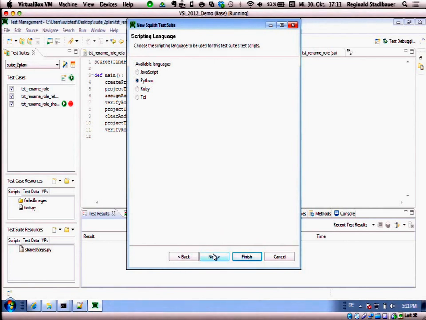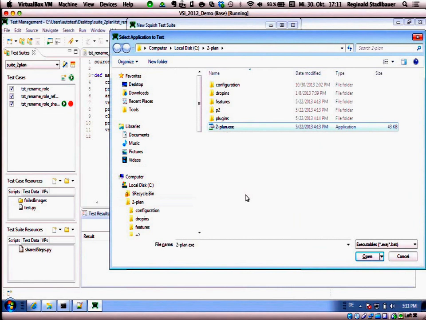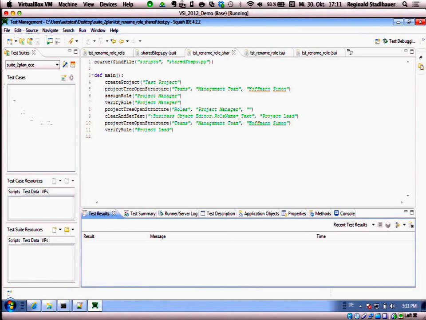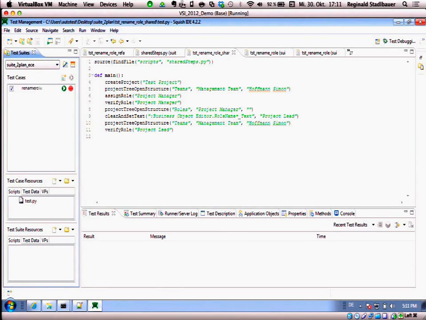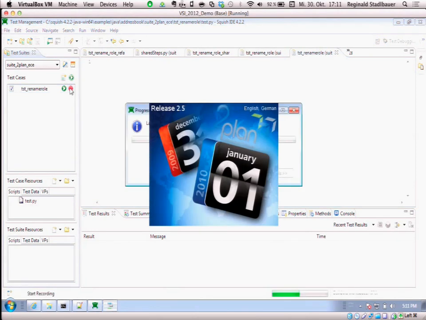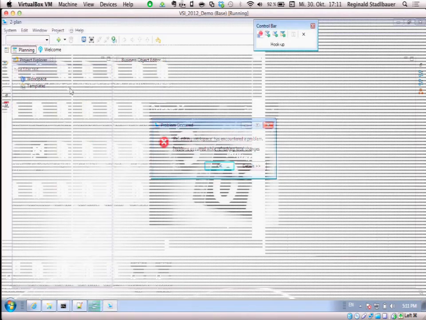To plan. Then I want to do a Java test, which supports all kinds of different Java UI technologies, including RCP. Then I can choose between different script languages here to automate my test scripts. I will use Python for myself, since it's a language I prefer for test creation. And finally, I will choose the application which I want to automate, which is the launcher of the two-plan RCP